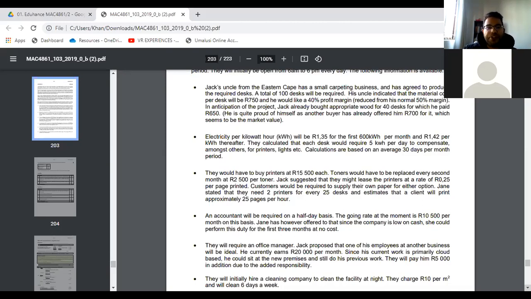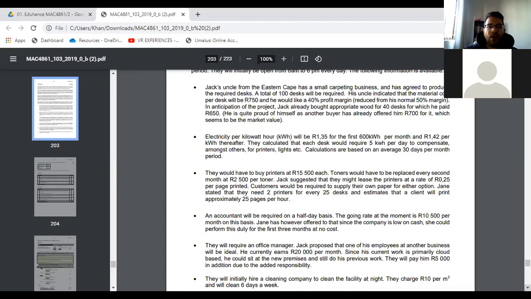However, there is an opportunity cost over here. He is quite proud of himself, as another buyer has already offered him 700 Rand for it. So there's an opportunity cost over here, and we have to take that opportunity cost into account. Okay, so just be aware of that. Okay, so now we're going to have